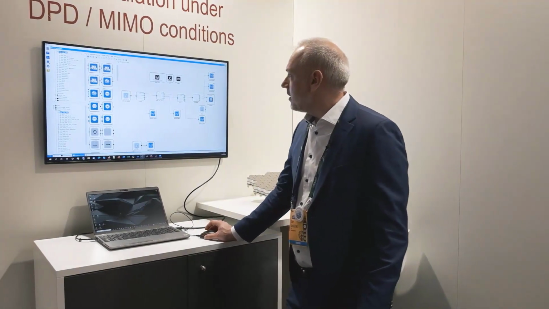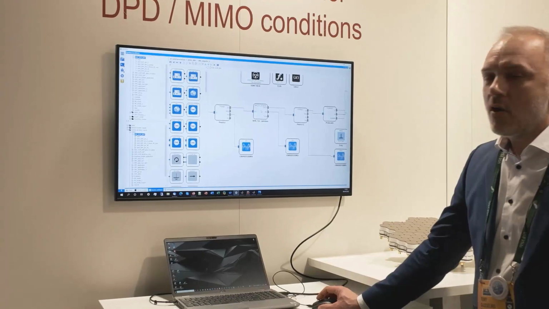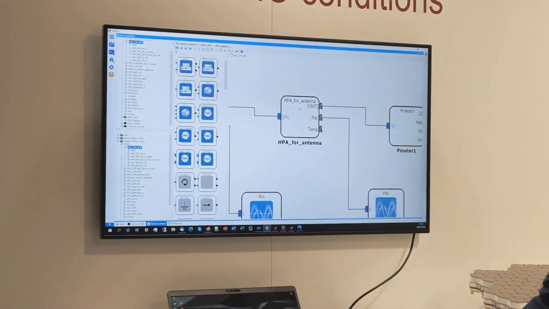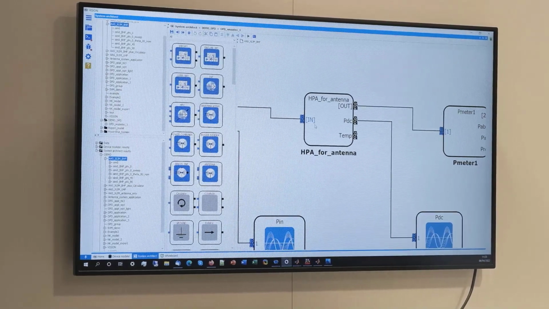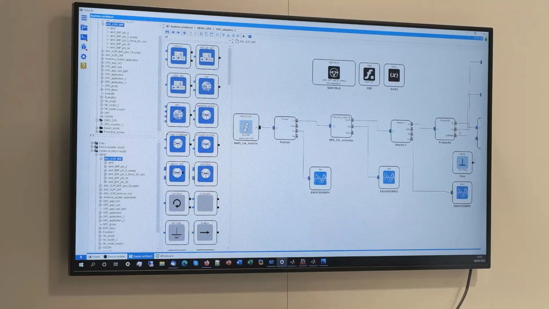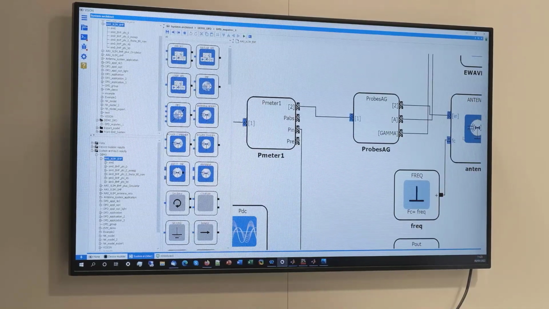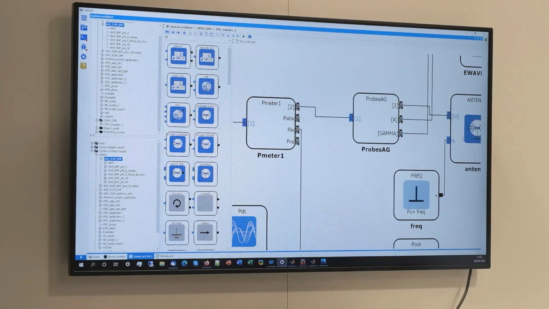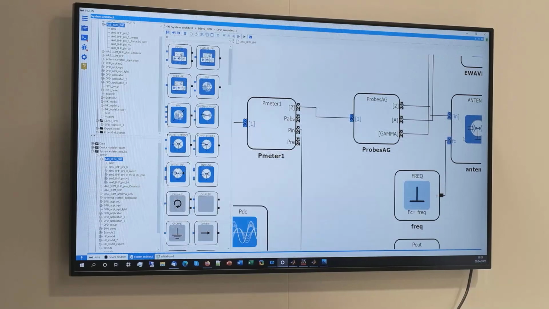So here in this simulation template, we have our system which has been designed. Here we have 36 different power amplifiers which work in parallel in order to feed the antenna. On the output, we have the antenna model, which takes into account all the coupling effect between all these antennas. So in fact, we have done an electromagnetic simulation which provides all the S parameters which describe the antenna